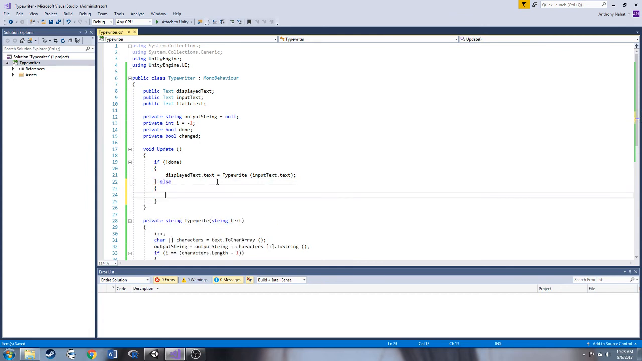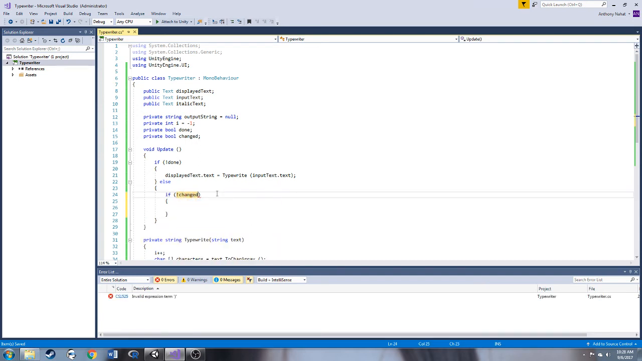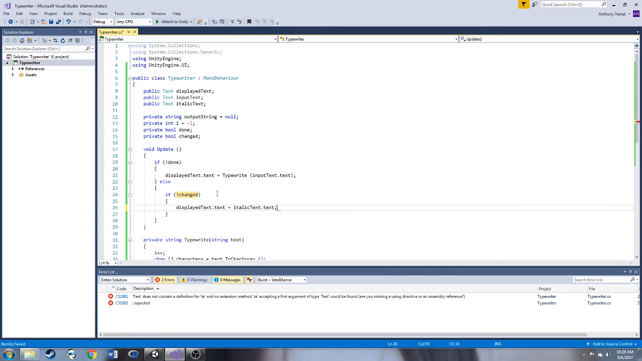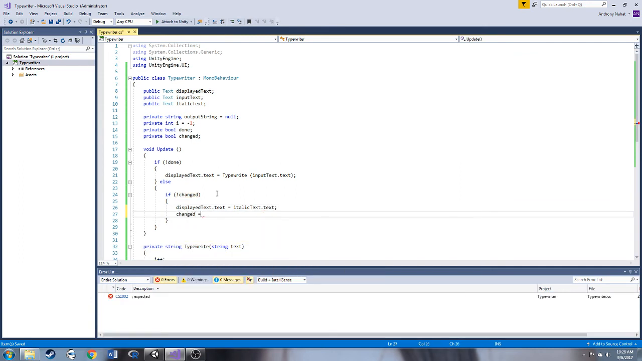So we're going to add an else statement, because when it is done, we're going to want to change our text. We're going to say, if we haven't changed our text yet, the display text dot text, which is the actual text, is going to equal italic text dot text. And then we have to say changed equals true, otherwise it'll reduce our performance by running this whole thing over and over and over. It'll just go back and forth between these two